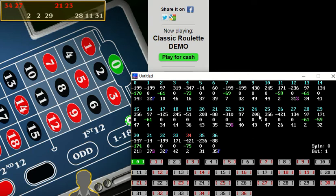Super fast number, dangerously fast. Okay, another dangerously fast number, and super slow number. So this is definitely a safer number to bet. Fast number,